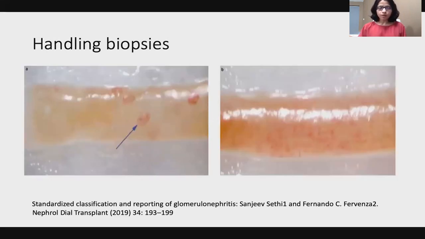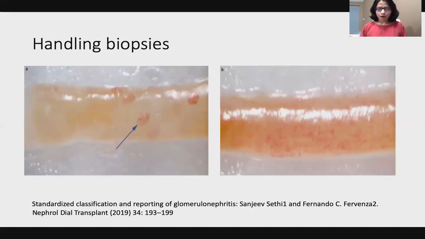So next, when the renal biopsy comes to the department, the first thing we do is look at it under the dissecting microscope. And when we do that, we are looking for the end with the glomeruli so that we can take a small piece, about 1 by 1 by 1 millimeter, and put it in a glutaraldehyde fixative and save that for electron microscopy examination.